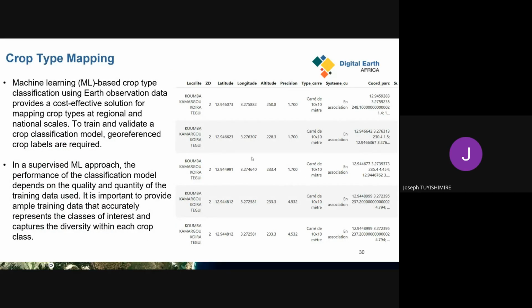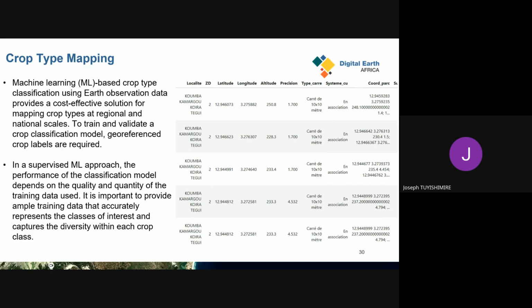And now we are working with the AGRHYMET regional center in Niger to use machine learning for the development of a crop type mapping workflow, where we try to understand the trends in each crop, and also try to estimate the hectares, even try to estimate the yield over time.